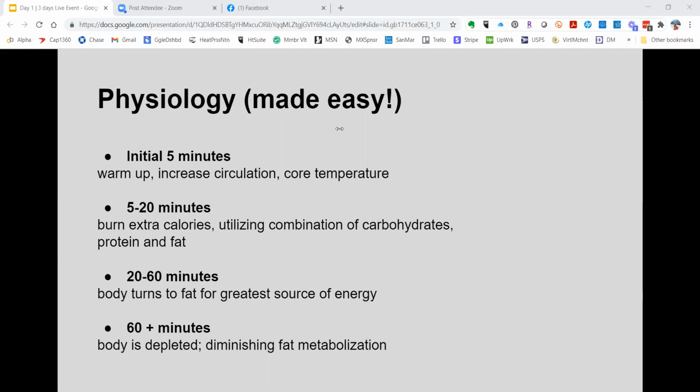And the next 5 to 20 minutes is where you transition from anaerobic to aerobic. So anaerobic is your body working without oxygen. And this is the burn you feel in the muscles. So when you start an activity and a muscle starts to burn, that's because your body isn't able to take in and utilize oxygen enough to make the energy, and lactic acid builds up in the muscles.